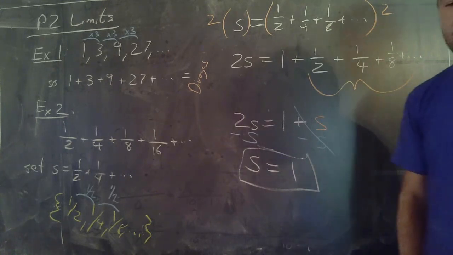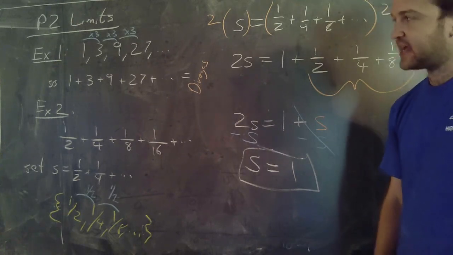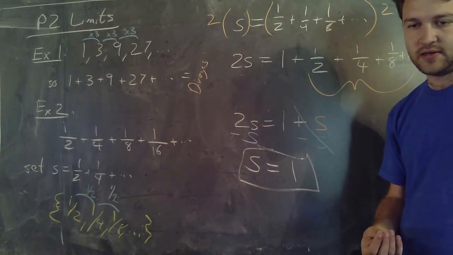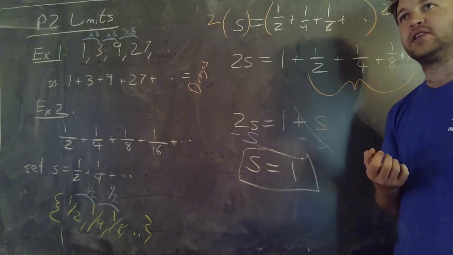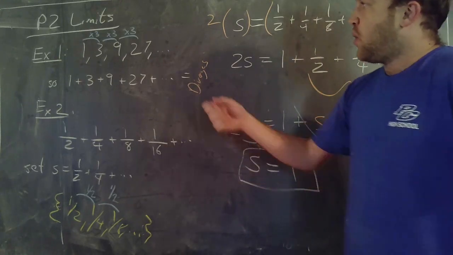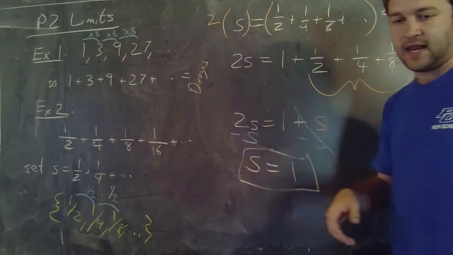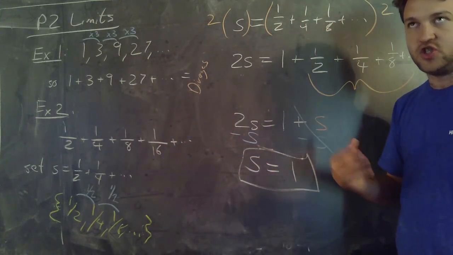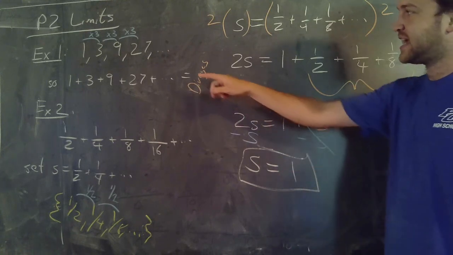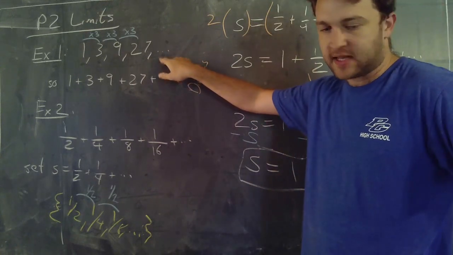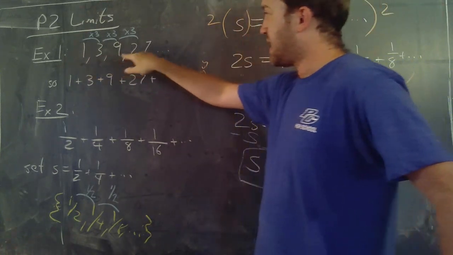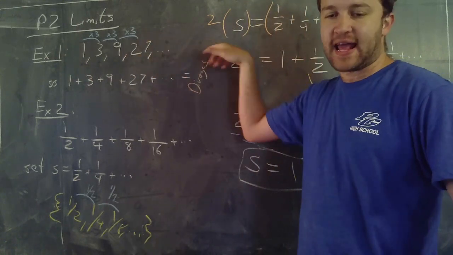So what a limit does, at its heart, is look at what the sequence of numbers is doing in a general location. In this case, I was specifically concerned with what happens on the end. So 1, 3, 9, 27,